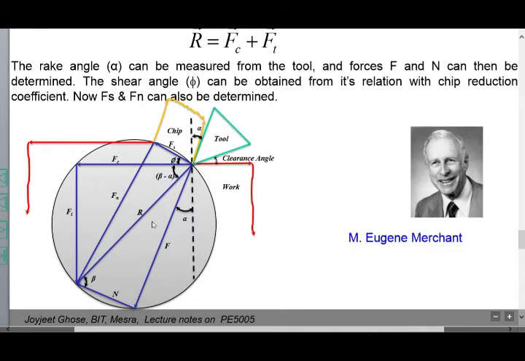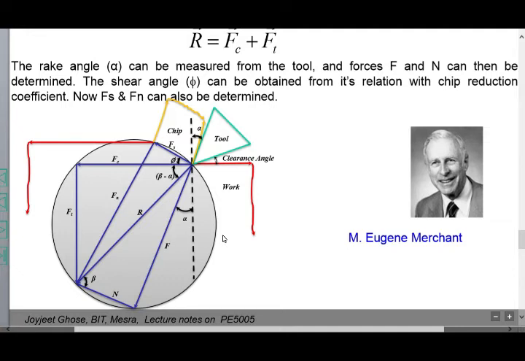In this figure, observe deeply: three triangles are visible, first, second and third. I will explain in detail how to draw it. This is the line, alpha the rake angle, phi, and beta minus alpha. It is the clearance angle and chip. This is the tool, the chip and the workpiece, with three zones, and the forces acting in the Merchant circle diagram.